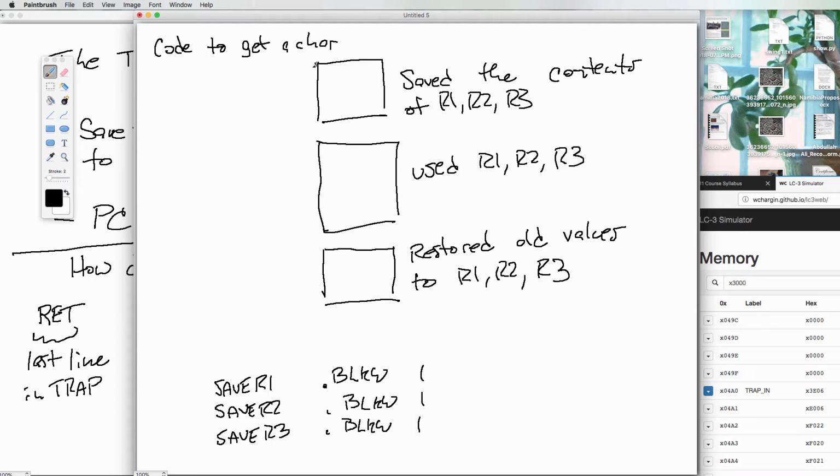So in other words, when we entered the code here to get the character, we knew we were going to be using these registers. So what we did is that we took whatever contents were in the registers, we stored them in here. We came down in here, we executed the code to get the character and echo it. We were using these registers. When we were all done, we had to restore the old values, so that when we were all done with this routine, we have not apparently done anything to these things. In other words, when you look up the code for trap 23,